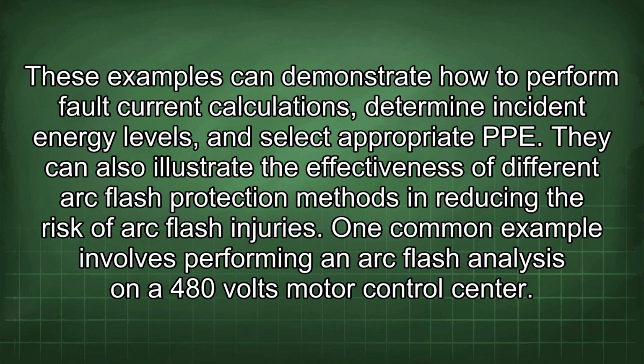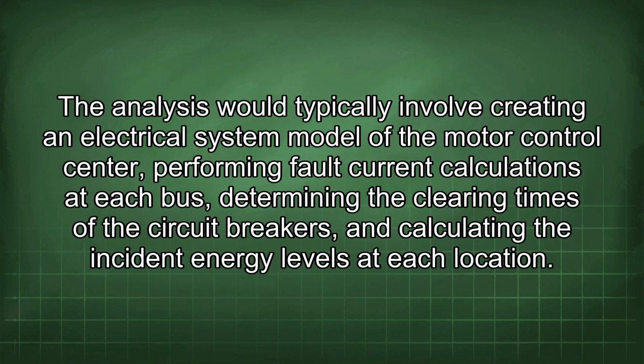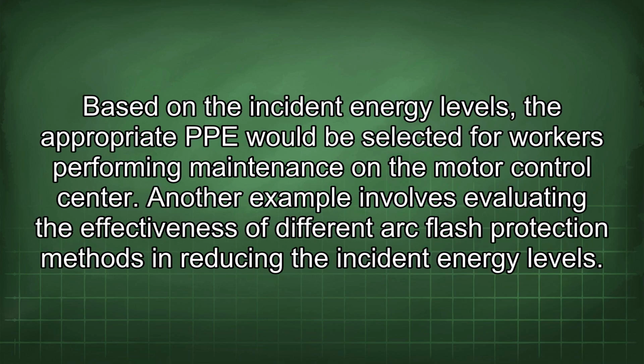One common example involves performing an arc flash analysis on a 480 volts motor control center. The analysis would typically involve creating an electrical system model of the motor control center, performing fault current calculations at each bus, determining the clearing times of the circuit breakers, and calculating the incident energy levels at each location. Based on the incident energy levels, the appropriate PPE would be selected for workers performing maintenance on the motor control